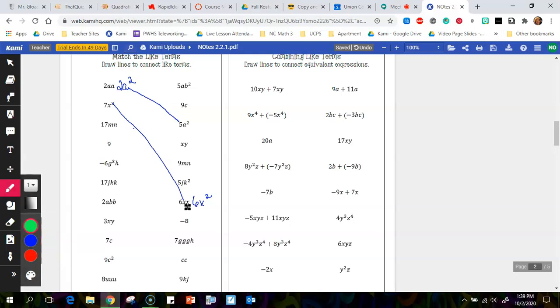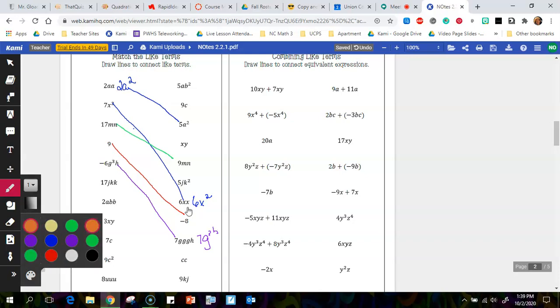I'm going to get different colors, I think. 7mn, 9mn right there. Even if this said 9nm, they would still be like terms. It doesn't matter what order they're in. Okay, 9 is a constant. Where's another constant? There's another constant, negative 8. Negative 6g cubed h. That's what I'm looking for. Okay. 7g can also be written 7g cubed h. So those match. Okay, this right here could also be written